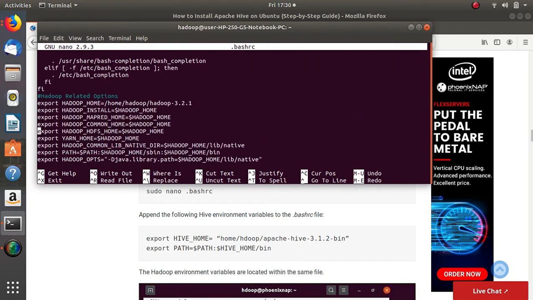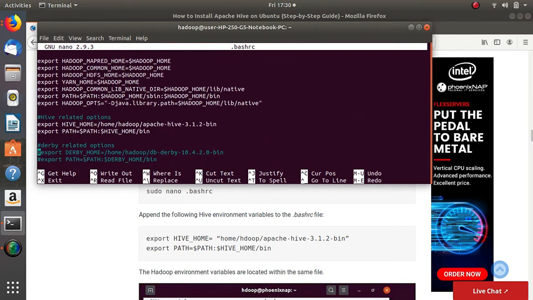The things which we need to add here are the variables. First is the HIVE_HOME variable, and this is the complete path of the Hive folder that was just created. I'll show you the Hive folder that is created, and this is the path to the bin folder of this Hive home. Just save it by Control X.